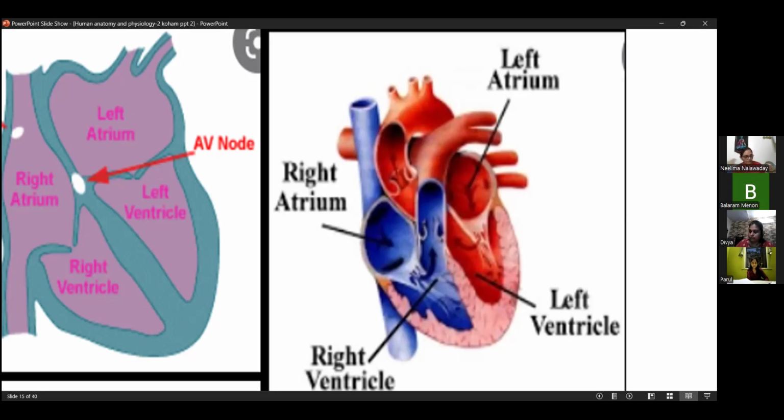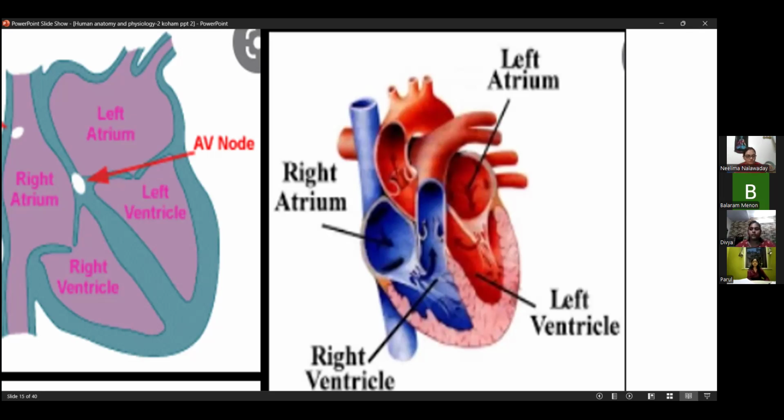They have 3 openings. So the doors of the valves get closed after passing blood from the right atrium to the right ventricle. And on the left side, there are valves, but with 2 doors, called bicuspid valves. So tricuspid on the right side, bicuspid on the left side. Now it is clear where the heart is located. Anatomy in short: 4 chambers, upper and lower. Right and left sides are separated by a septum. Right atrium and right ventricle are separated by the tricuspid valve. Left atrium and left ventricle are separated by the bicuspid valve.